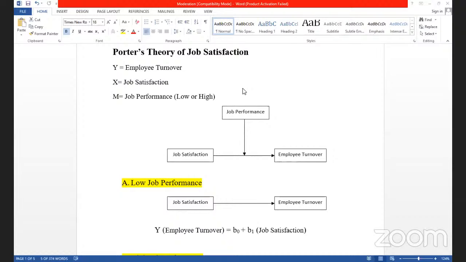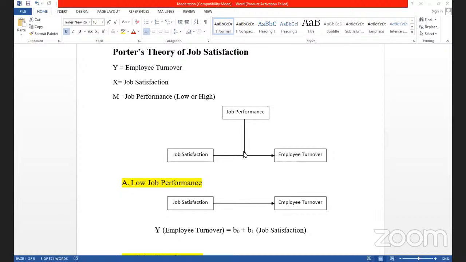The purpose of a moderator variable is to change the relationship between the variables. It can reduce the strength of the relationship between the two variables, or improve the strength, and it may change the sign of the relationship between the two variables. Sign means if it is a positive relationship between the two variables, then it can change the sign. Okay, now this theory means